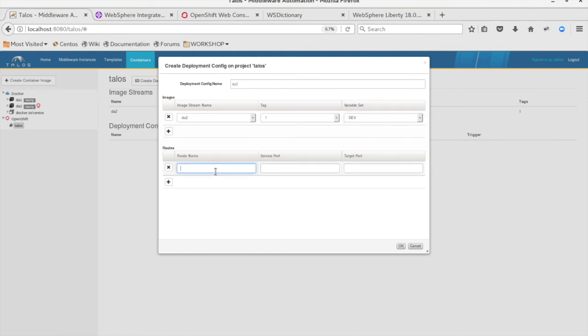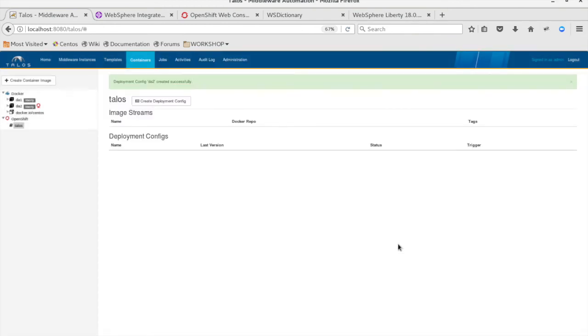Now we need to give it a route name, DA2. A service port that we want to run, 80. And the target port, which is 9080. Hit OK here. So we want to run it locally on 80, and the target port on the container will be 9080, just as it was